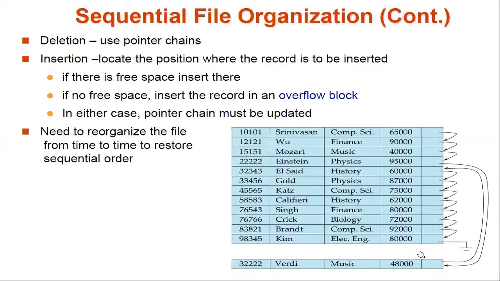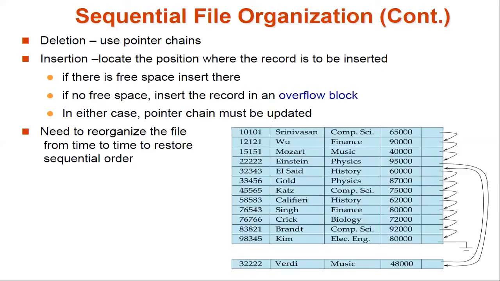So in this example, suppose you want to insert a particular record into this position, right? Since there is no free space, what you are doing here is just making a link alone. This particular record is saved in the overflow block, and only the link is provided, right? So in the sequential file, the third record is pointing to the fourth record, and this fourth record is pointing to the newly inserted record. Then again from this you are pointing to the next record. Okay, so in this way you can perform the insertion operation, right?